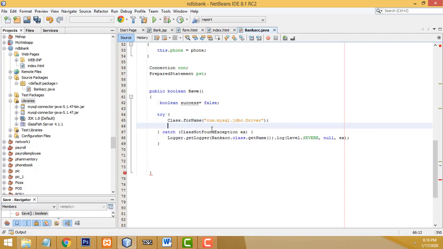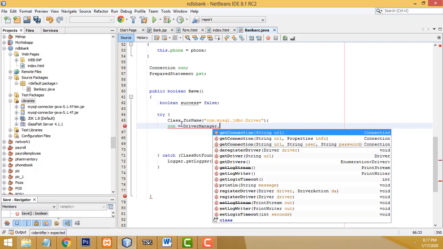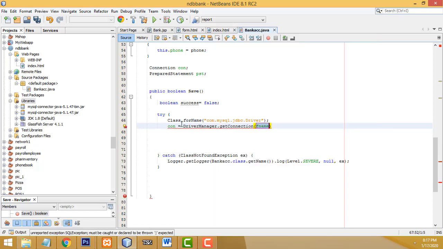Now you have to write connection con equal DriverManager.getConnection. We have to provide the URL, so jdbc:mysql